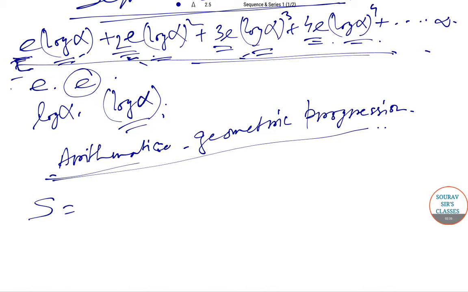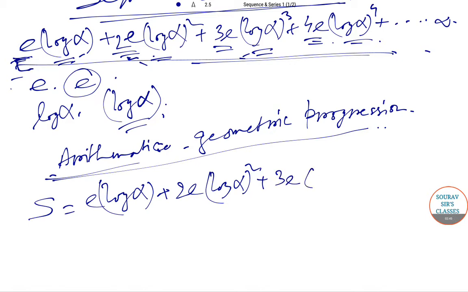Now in this type of sum, first we take S as the sum of the series, that is e log alpha plus 2e log alpha square plus 3e log alpha cube, and in this way the sum goes on. Then we will multiply log alpha with S,